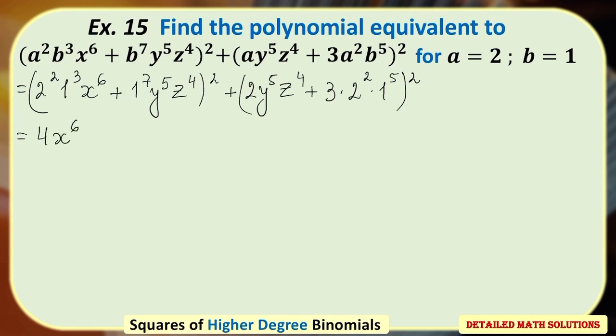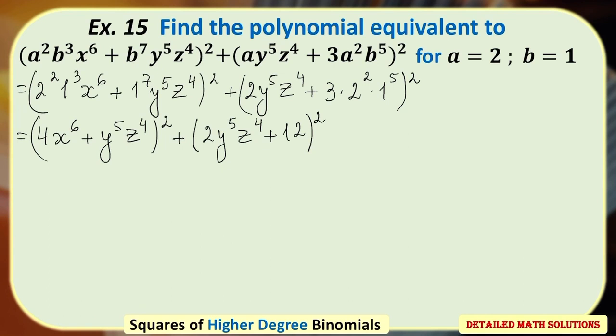When I simplify further, I get 4x to the 6th power plus y to the 5th, z to the 4th power, in parentheses, squared, plus, I'm just going to write this next term, 2y to the 5th, z to the 4th power, plus 3 times 4 is 12